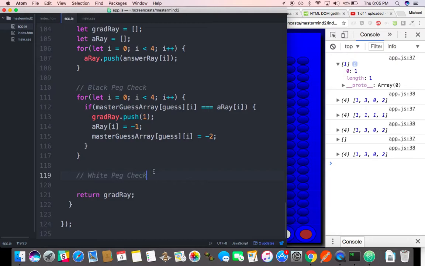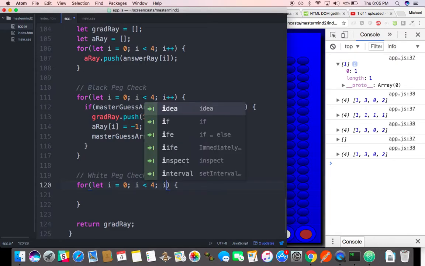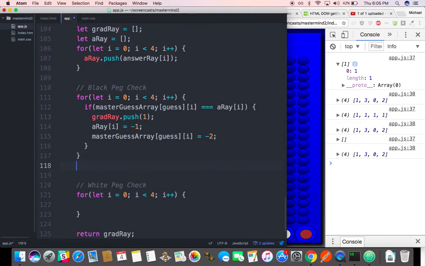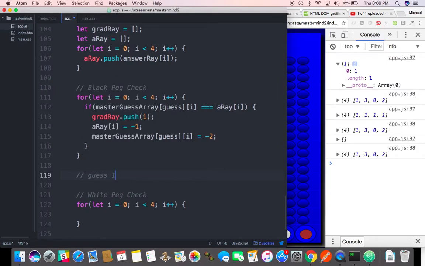So we're going to have a nested loop. No, that's not what we're going to do. For let i equals 0, i is less than 4, i plus plus. And I'm going to have something here, like a visual aid. Here's my guess, G-U-E, I don't have to spell it right, it's just for me. My guess is 1, 2, 3, 4, and my